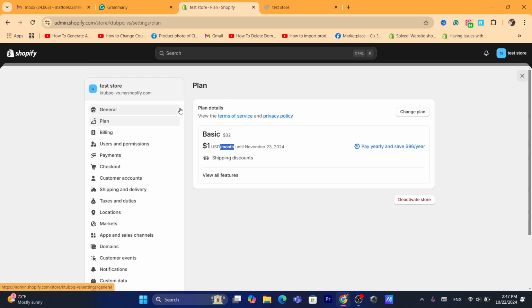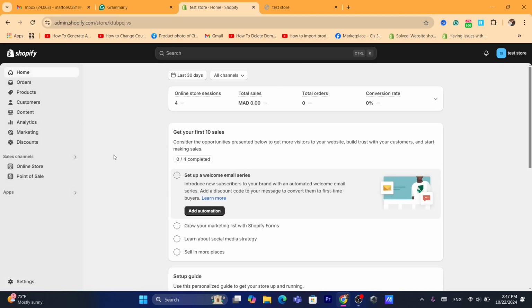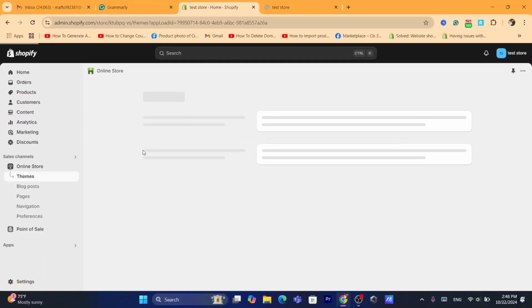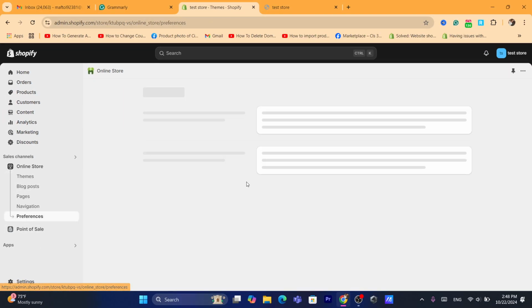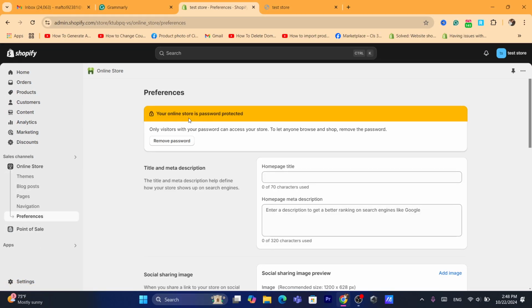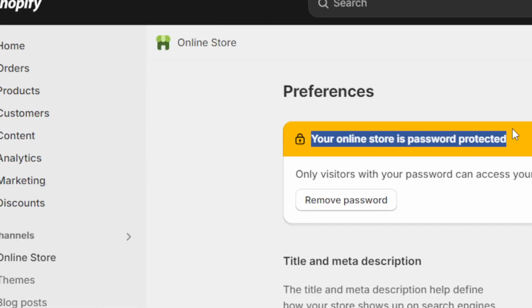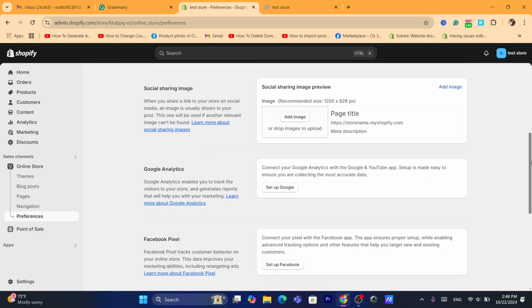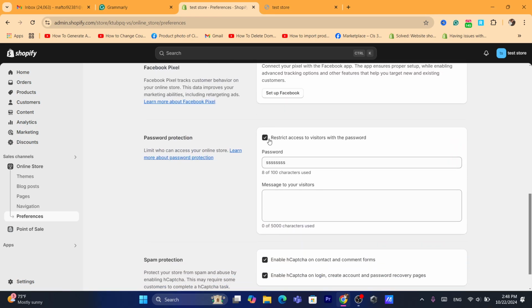If you already did that, then let's go with the second solution. Click here on online store, and then click on preferences. As you can see here, your online store is password protected. If it says that at the top, then we need to scroll down. Even if you don't see that bar at the top, just scroll down, and you can see something that says